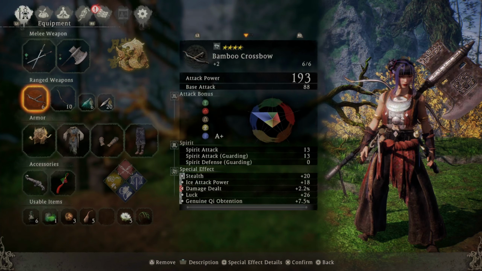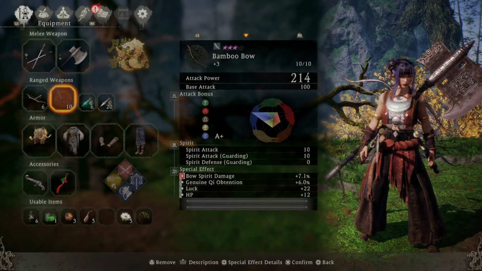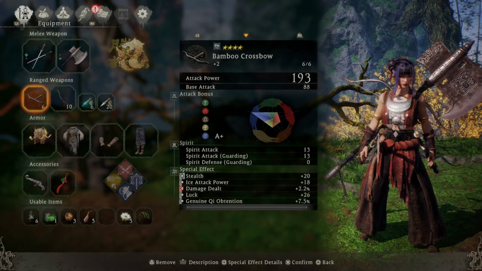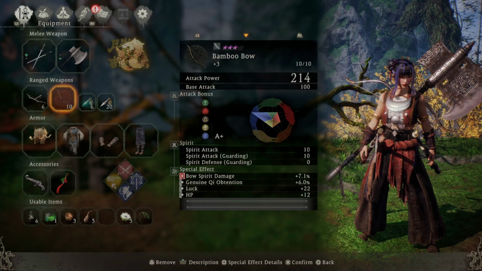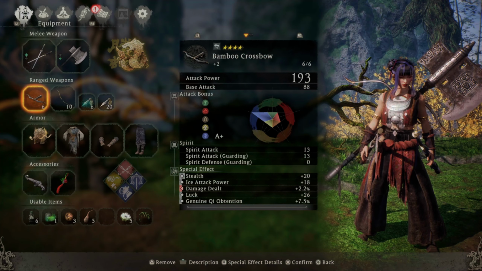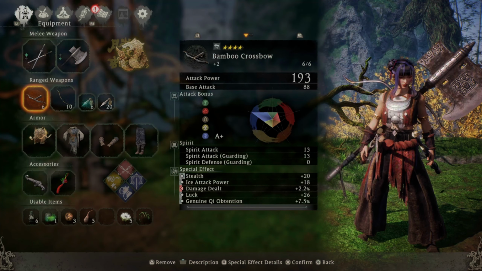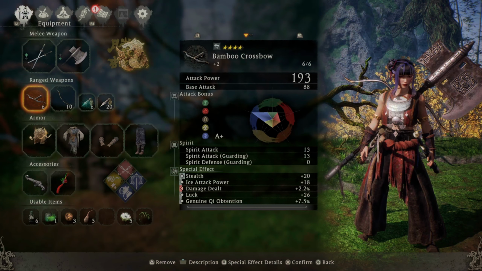For ranged weapons, get the highest quality you can and use luck on both, genuine key obtention, and whatever else you want to do. Remember, if you have damage dealt on your ranged weapons, this damage dealt is added to your total damage even if you are using melee weapons. That is very important to understand,